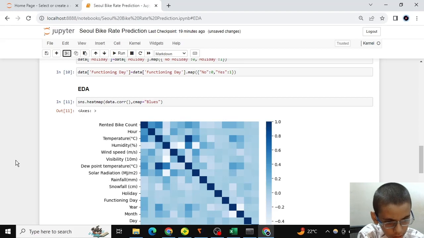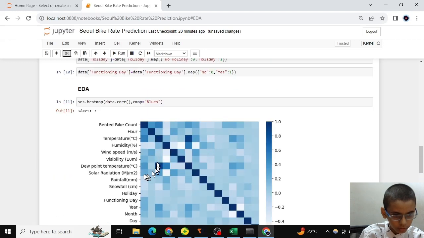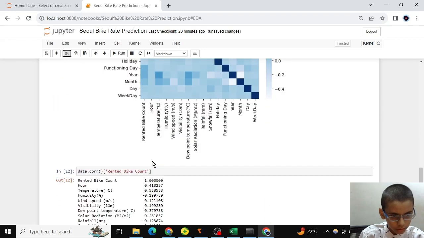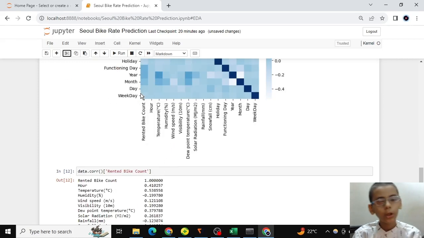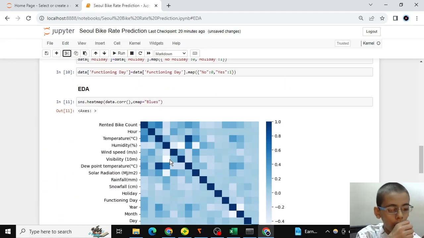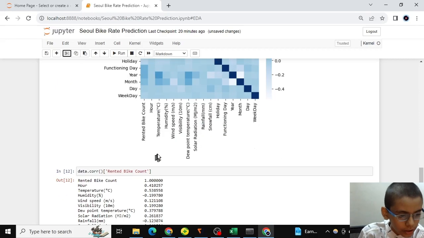And after that we have strong correlation. We have to drop the last two columns, day and weekday. Visibility and humidity are next. So let's see the correlation.